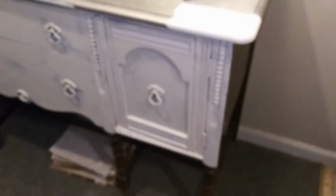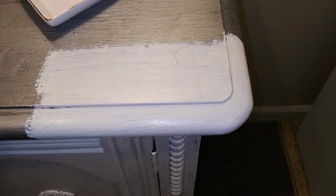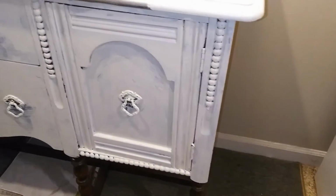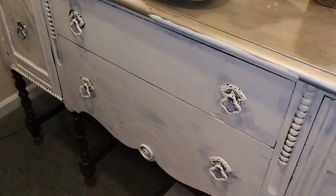And here is the buffet. I bought this buffet a long time ago for like $25, and I've experimented with, of course, this silver top, which I do not like. That's why this corner is white, because I thought maybe I would paint it white. And that's the original color down there. I think I'm going to strip it and paint it or stain it the same color